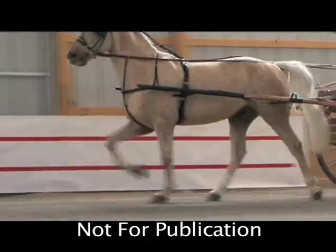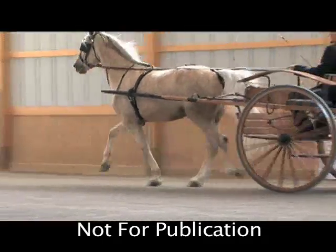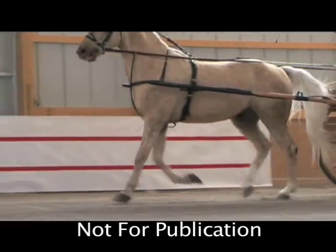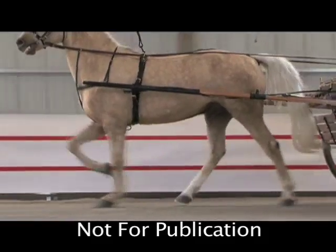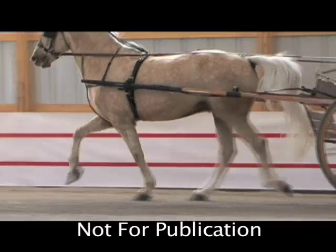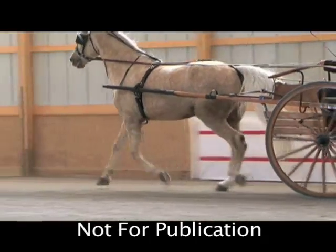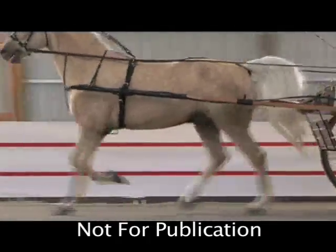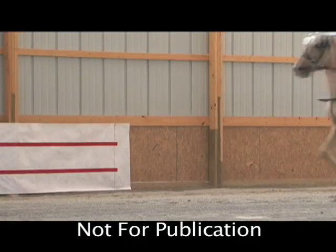So now let's take a closer look at the driving horse. As we see the horse, we will be showing it in real time, and then we'll also be slow-motioning the horse so that you can compare it with the background. And we'll be talking about the amount of elevation, flexion of the knee and hock, as well as the length of stride. Now, as we're watching this horse perform, I want you to pay particular attention to the footfall sequence